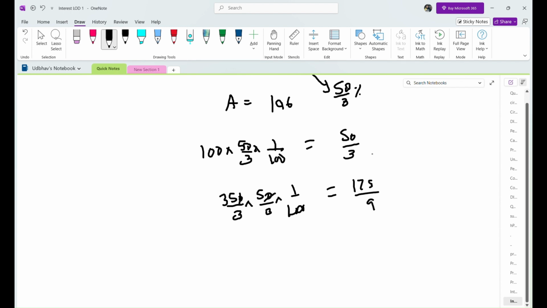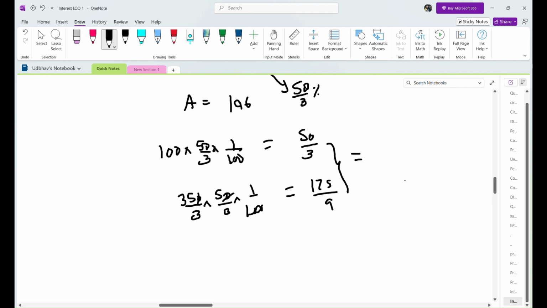So 50 upon 3 plus 175 upon 9, when we add that, we'll get the compound interest as